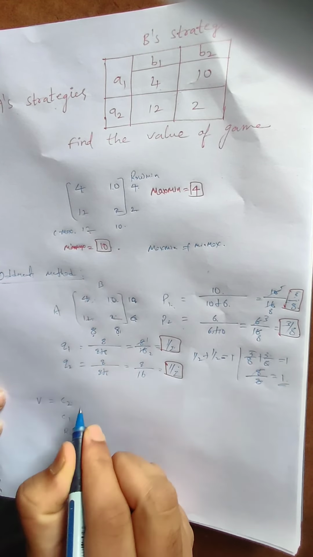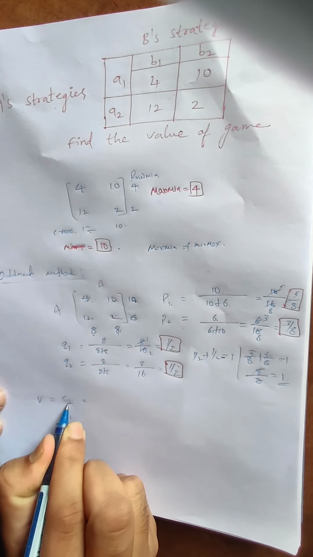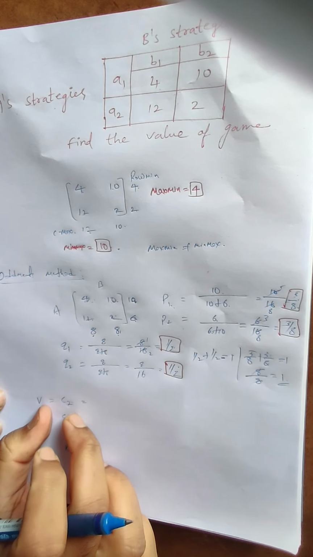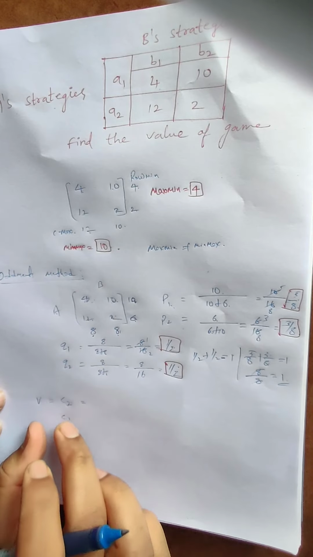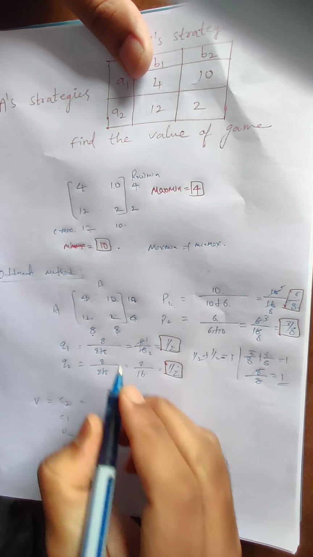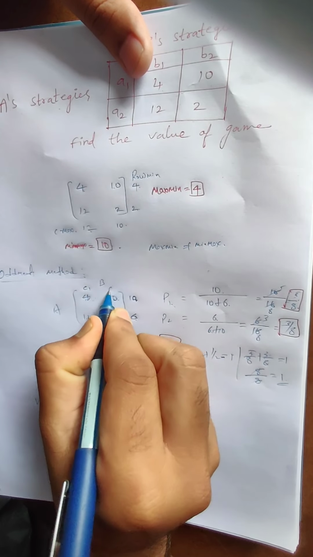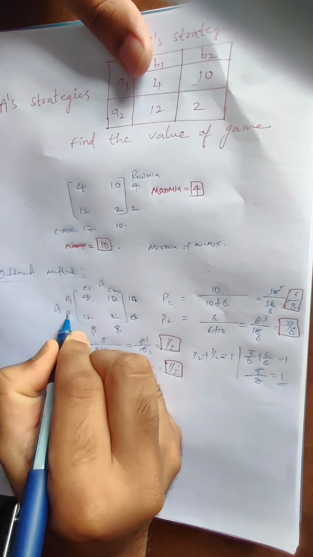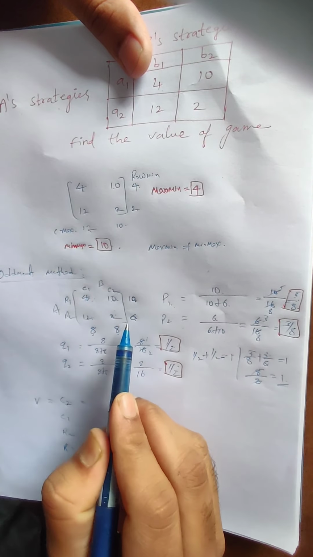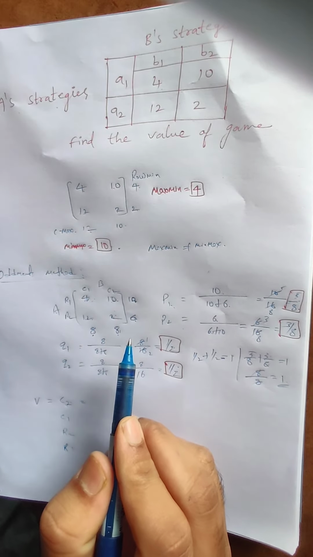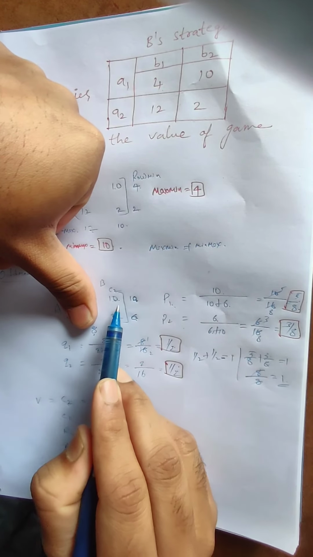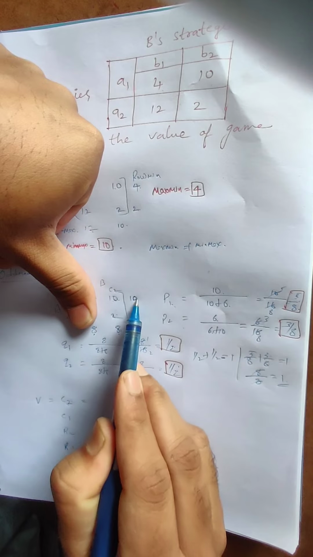So how we are going to calculate, you just observe. When I say column 2, why I mention column 2 first here is, it will be very easy for you to calculate the value of game by using column 2. So whenever we say that by using column 2, I'll write it here. This is column 1, column 2, and this is row 1 and row 2. If you observe, by using column 2 we can calculate the value. The method here is, you just ignore column 1. Now you will have the values 10, 2 and 10, 6.